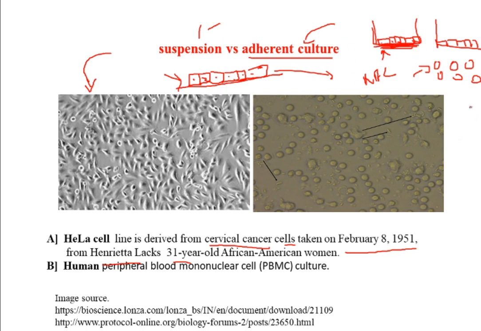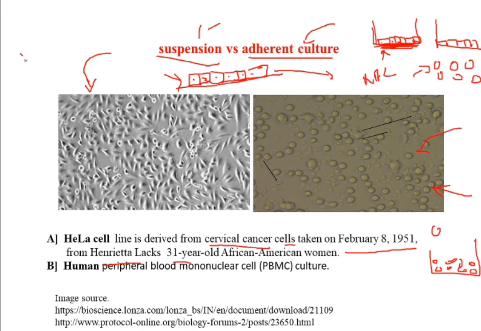When you culture such types of cells, look at this example. This is an example of PBMC. PBMC stands for peripheral blood mononuclear cells, which are cells of the immune system. As these cells of the immune system are in the circulation, they will not form a uniform monolayer. They will not be associated with each other, but will be independent cells. So when such cells are cultured, it becomes a suspension culture.